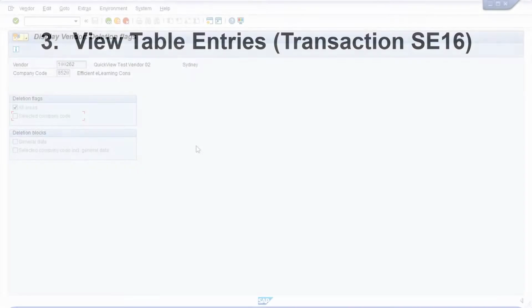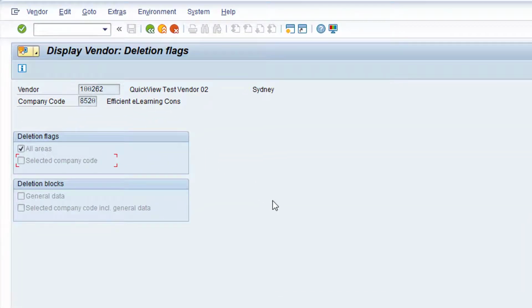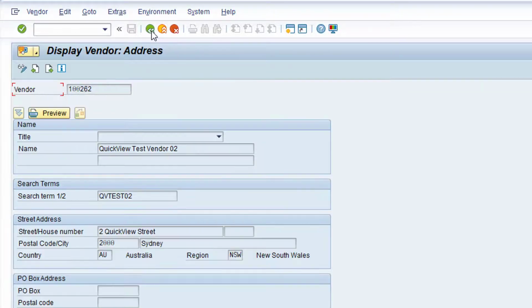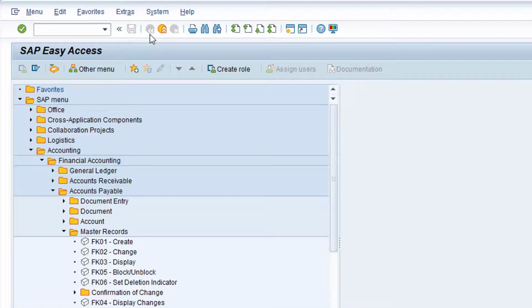We can now view the relevant entries in those tables using the data browser, transaction SE16, to identify the remaining fields for our report. Click the back arrow 3 times to return to the SAP main menu. Click the SAP menu button to collapse the menu.